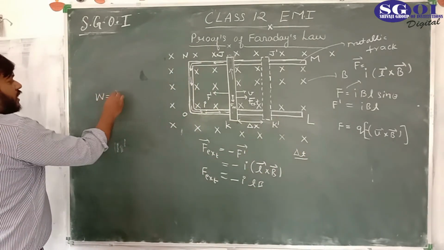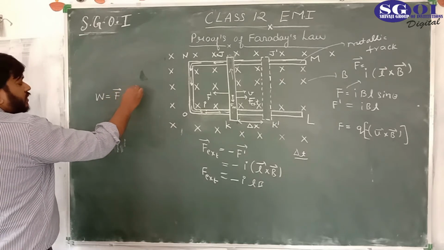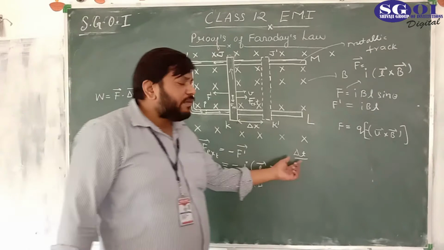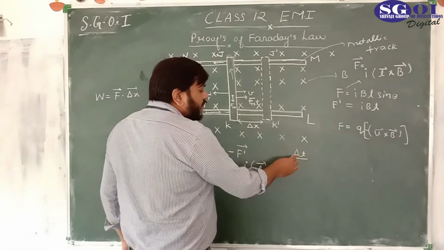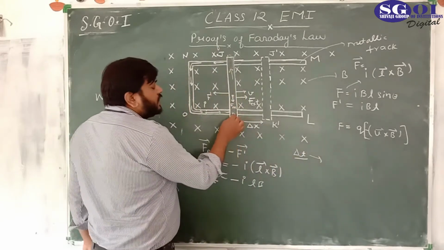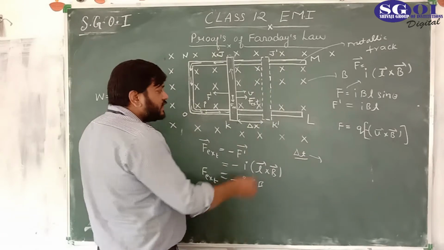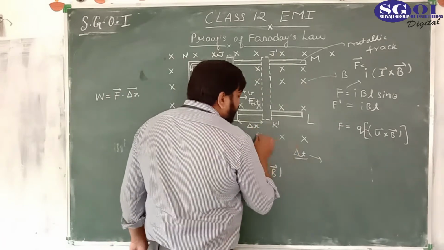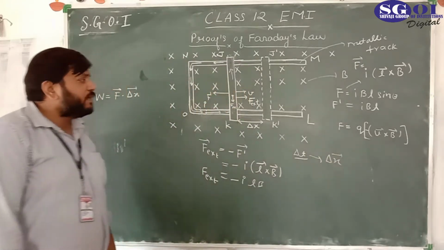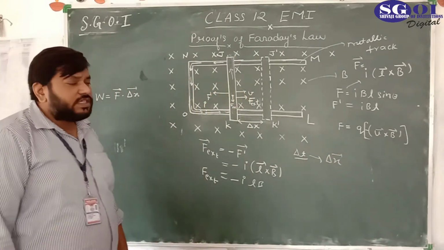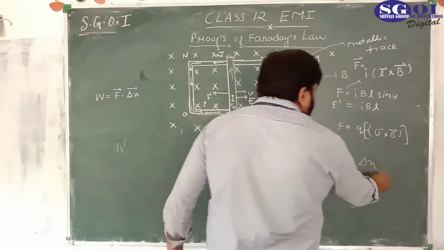Work, we know, is F dot delta x, because in the delta t time interval the force was applied, and in this time interval the rod is displaced and reaches a new position denoted as J dash and K dash, and this is the displacement delta x in magnitude. So we can say in delta t time interval the displacement of this JK rod is delta x vector, and the magnitude is delta x.